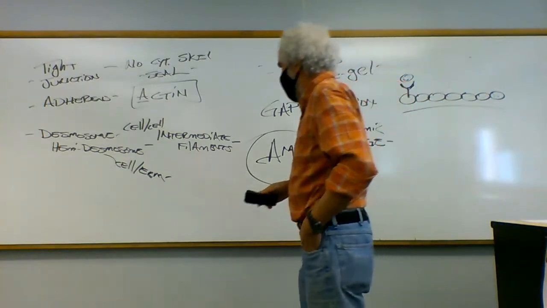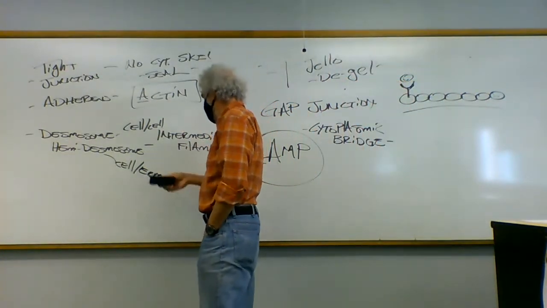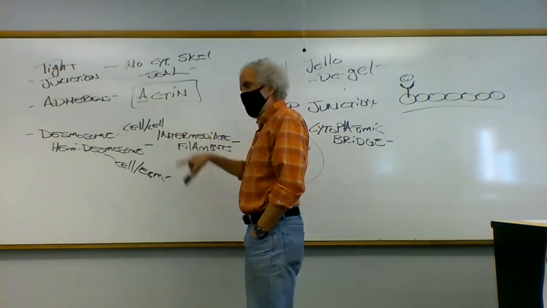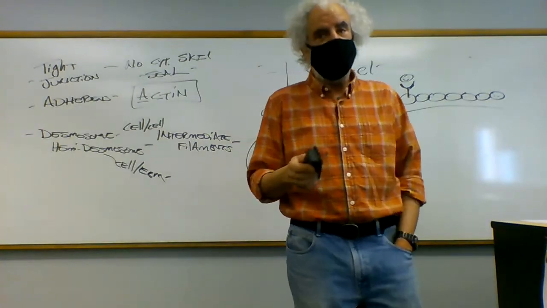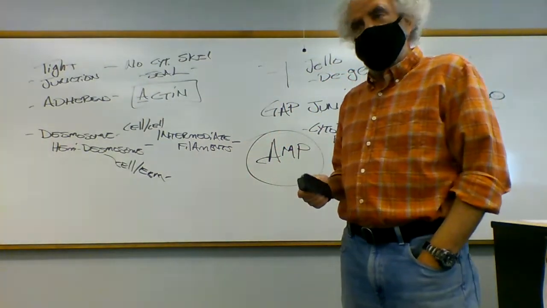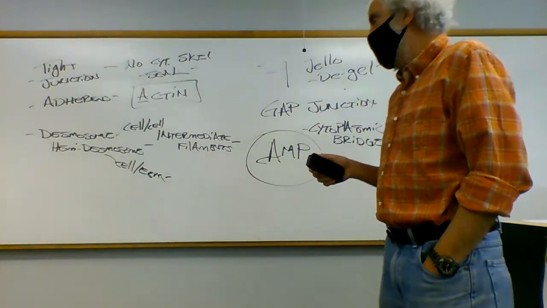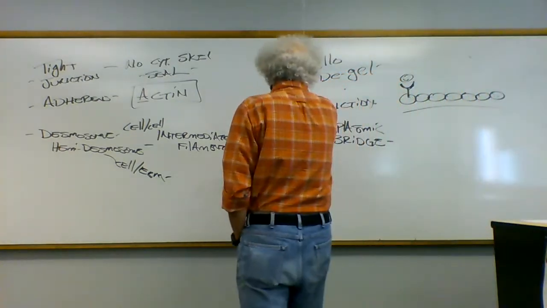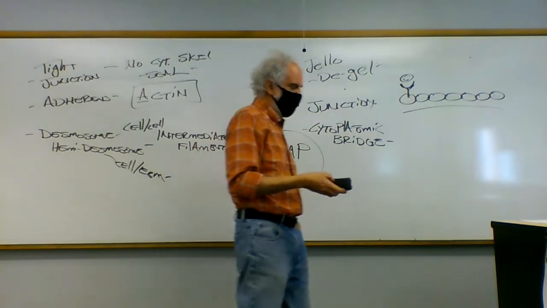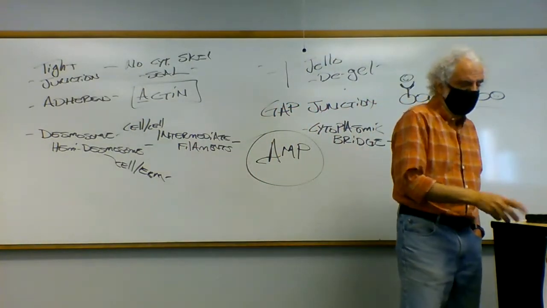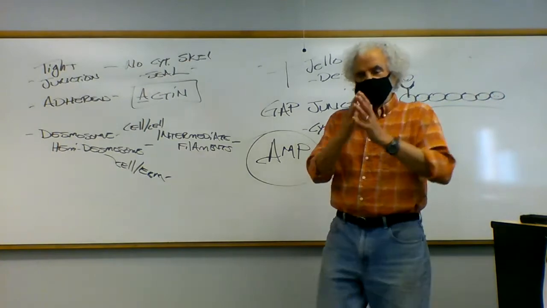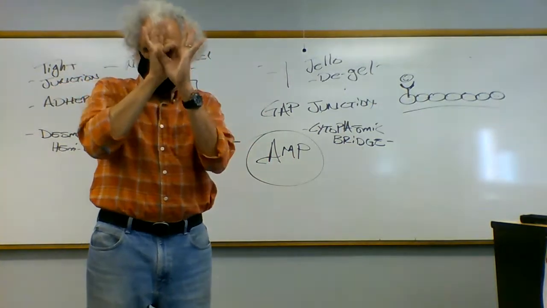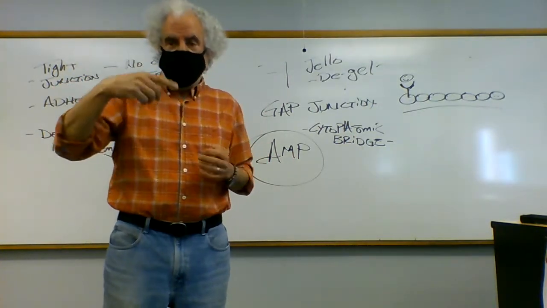A desmosome and its associated hemidesmosome are cell-cell or cell-extracellular matrix interactions, and with them we have intermediate filaments inside. And so this is providing a tremendous amount of cytoplasmic structure because the intermediate filaments are quite strong. While they don't have motor proteins, they are providing a pretty significant amount of structure. And last but not least, we have the gap junction, which is not really a cell adhesion type thing. It is, in fact, generating a cytoplasmic connection, where the connexon autocatalytically embeds in the membrane and generates a tube that allows for a cytoplasmic connection.